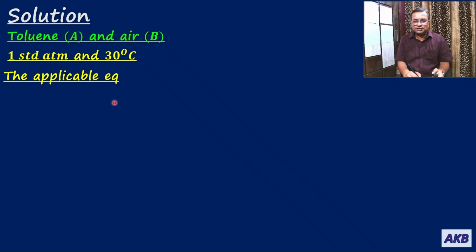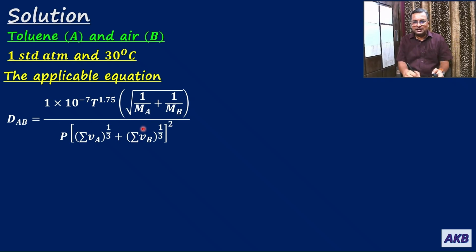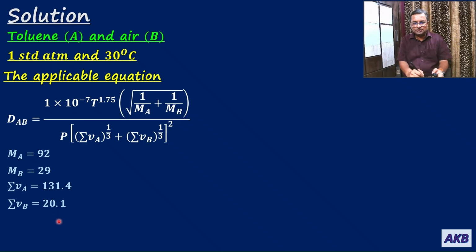The applicable equation proposed by Fuller and his co-workers: DAB is equal to 1 into 10 to the power minus 7 T raised to 1.75 into under root of 1 upon Ma plus 1 upon Mb, divided by P into summation of Va raised to 1 by 3 plus summation of Vb raised to 1 by 3, square of this. Ma is 92, Mb is 29, summation Va is 131.4, summation Vb is 20.1, temperature is 303.15 Kelvin, pressure is